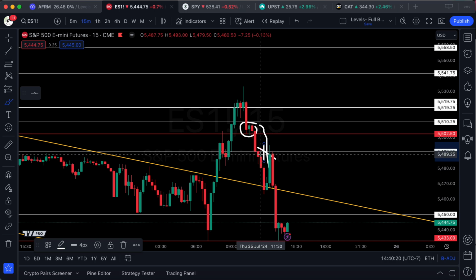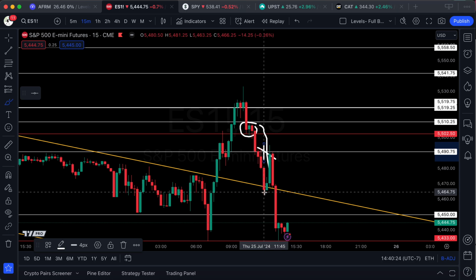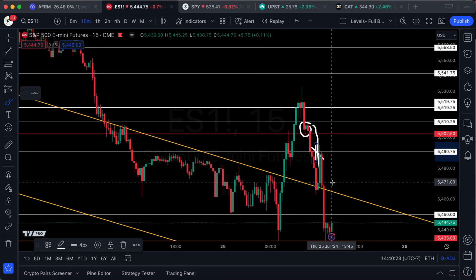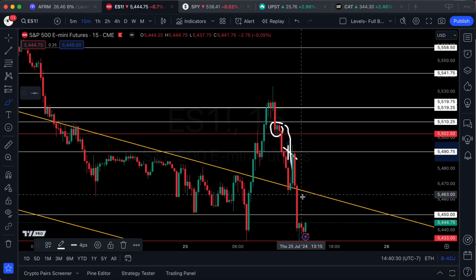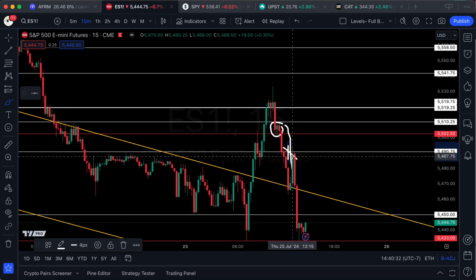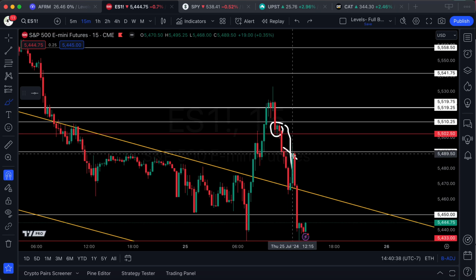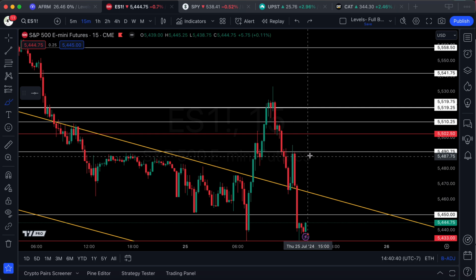But the logical one on the bear flag is that they're going to go down and do what? Test this level here. They're going to test our structure, right? That's exactly what they did. I got in thinking they would go straight through the structure. They came up, back tested, and then went down for our last one of the day. Just looking at it from an ES standpoint, right? I threw a lot of things at you, but here are the important ones to know.